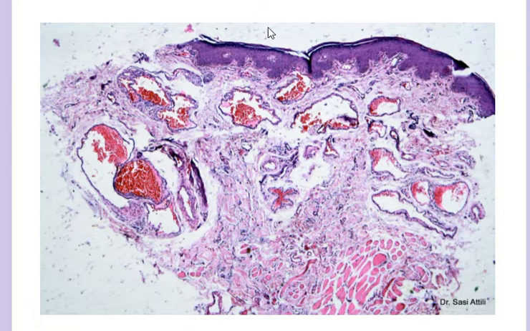Now what is obvious here is the slight acanthosis, which is fine, but the main pathology is these sort of dilated empty spaces. Can you see here? There are lots of empty spaces. Now they're not artifacts. This probably is an artifact here, but these are lined by an endothelial layer. Can you see? These are lined by some sort of cells, and you can see RBC within the lumen. So you can easily make out that these are blood vessels.